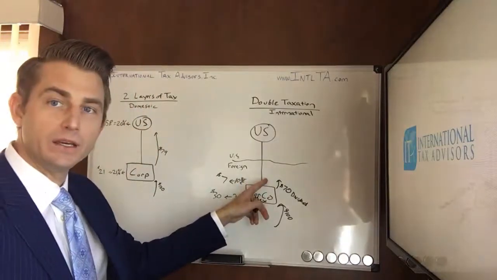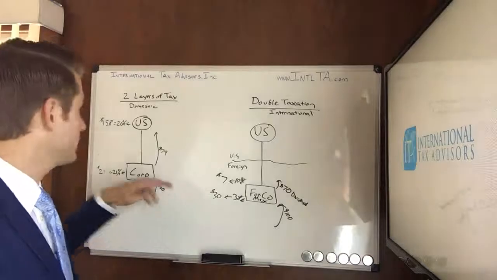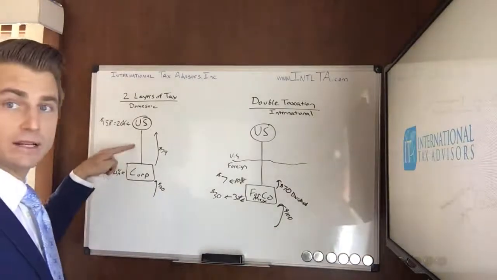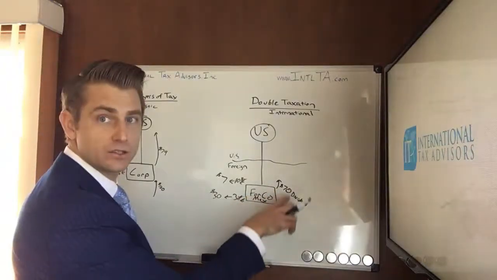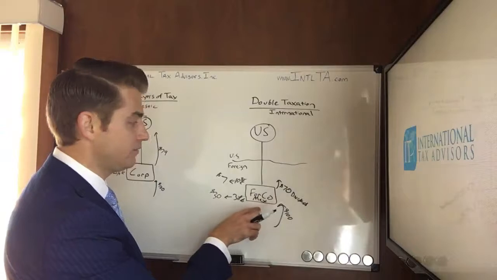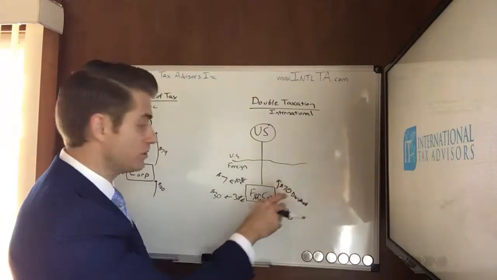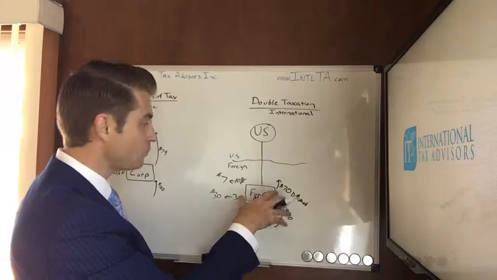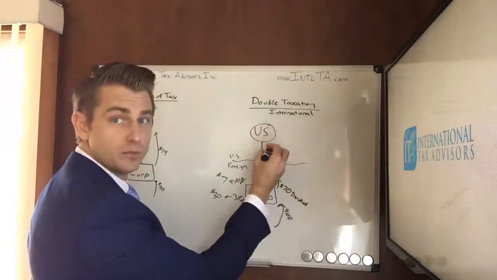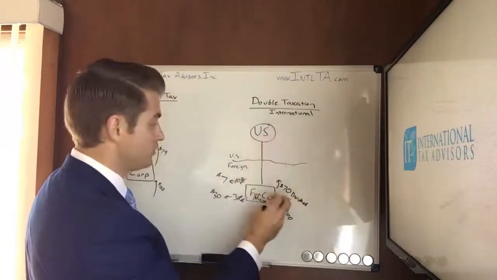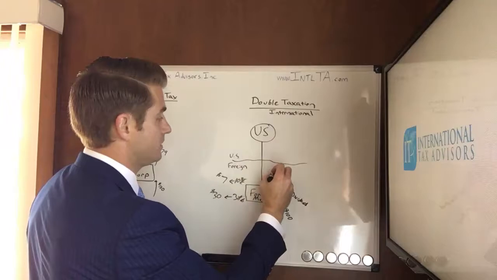This withholding is the local country's mechanism to create these two layers of tax. So we have two layers of tax just within Mexico, the entity level taxation and then the shareholder level taxation, which is taken out via withholding. Then once the remaining profits get back to the U.S., so 70 minus the 7 is the 63,